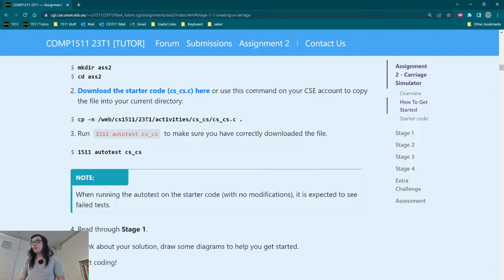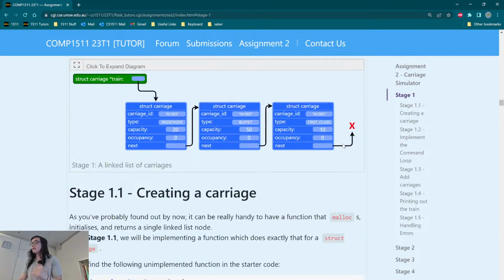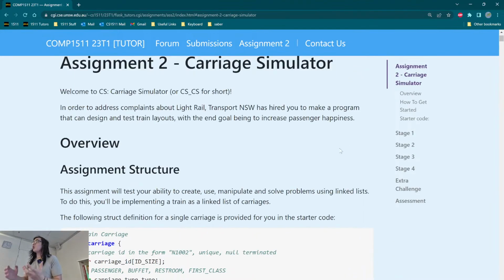And yeah, once you've diagrammed, once you've thought about it a bit, you can get going with the assignment. Now, all of the information you need to complete this assignment is in the spec. The spec is quite detailed, and it specifies everything you need for a stage. But if there's anything that you're unsure about, or that isn't clear, or there's anything we've missed, which does happen,